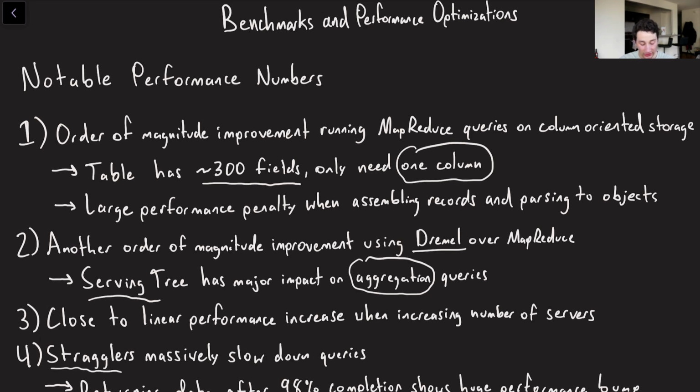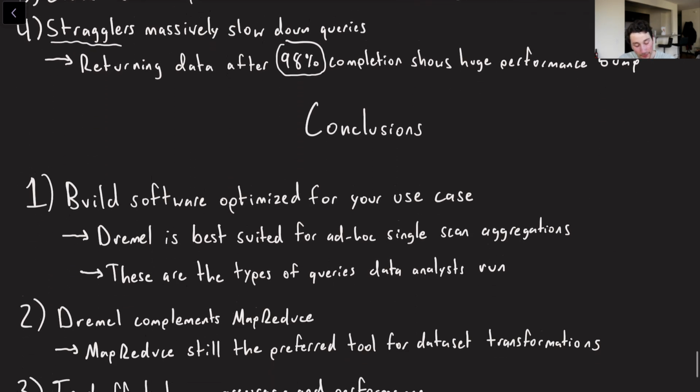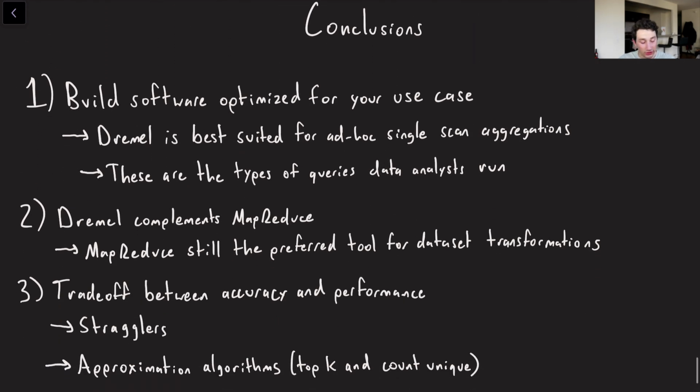And then finally, of course, same issue as MapReduce, stragglers are going to seriously slow things down. And so this is where data approximation comes in. They found that even if they just set return results after 98% completion as opposed to 100% completion, they would get a significant increase in performance. And so you do honestly take that trade-off in whenever you want complete results. So this is, of course, a tunable parameter within Dremel.